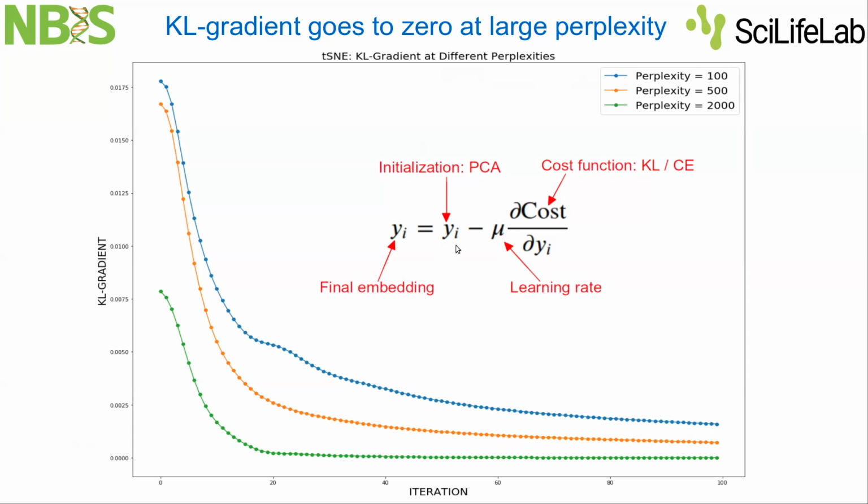cross entropy cost functions. Well, it turns out that the gradient of the cost function is very sensitive to large perplexity. So the larger the perplexity, the lower the gradient. It's a little bit related to the vanishing gradient problem in neural networks, if you're familiar: your neural network stops learning at some point because the gradient disappears. It becomes basically zero, so you don't update your coordinates anymore. So what it leads to,